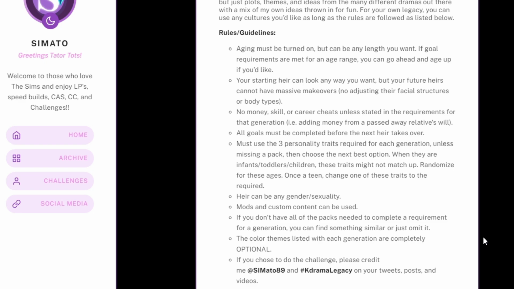I have spent literally, it's taken me like a year, if not a little longer, to complete this legacy challenge. Between me working and taking care of my toddler and just in general, I kind of had writer's block for a while and I just felt uninspired for so long. And then I felt like my idea was silly and I was like, oh, people are going to think this is stupid. I shouldn't make this challenge. But then I just decided, you know what, I'm going to go for it. And I finally got it all put together and I'm really happy with how it came out. So I put a lot of effort into this. So please don't steal it and take the credit away.